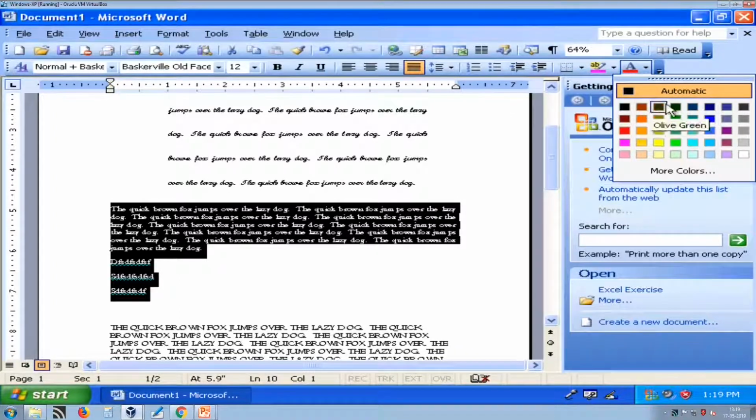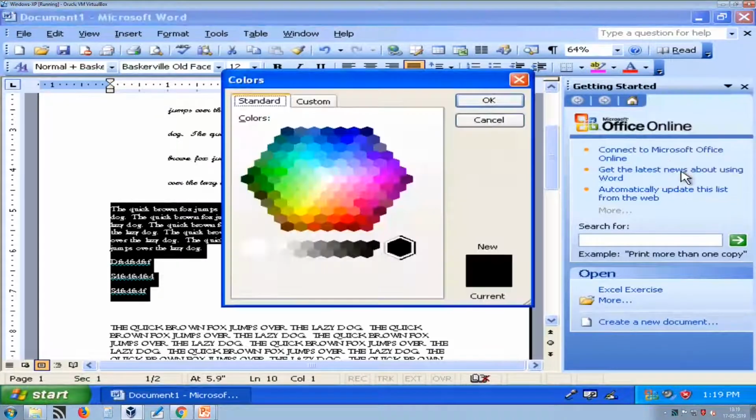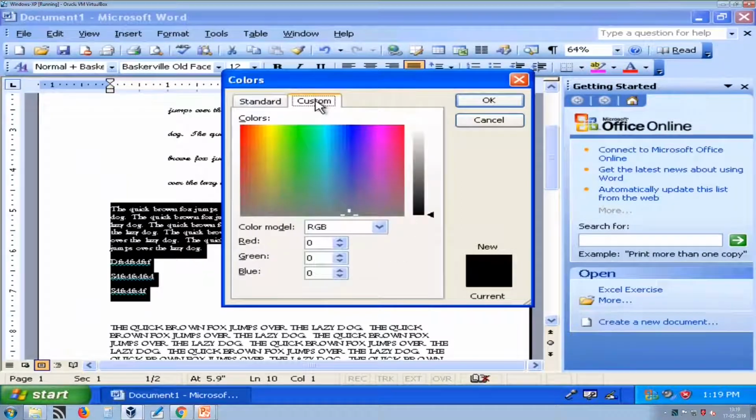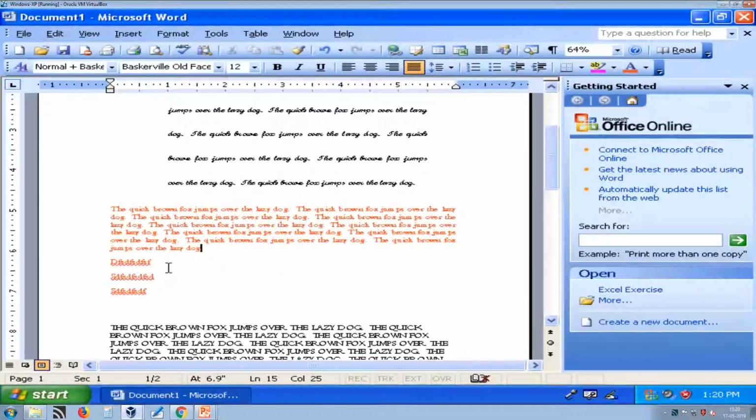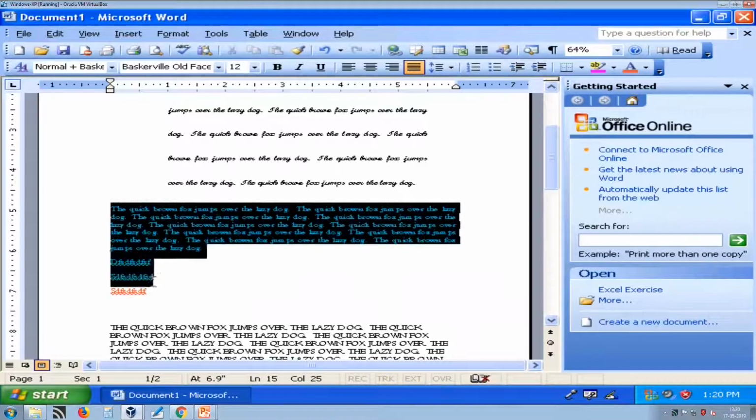Here you have predefined colors available, but suppose you want to choose your own color, then go to more colors and this will open the color dialog box. Here you can select many options from these, or you can have custom. For example, I want to use red, but light red. So, I can adjust this to have red. So, here is how your text looks.